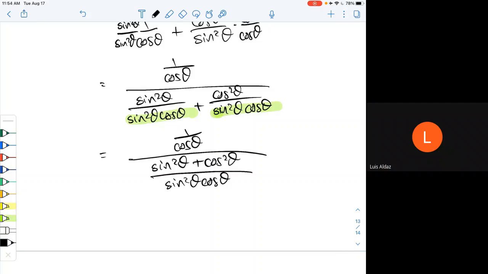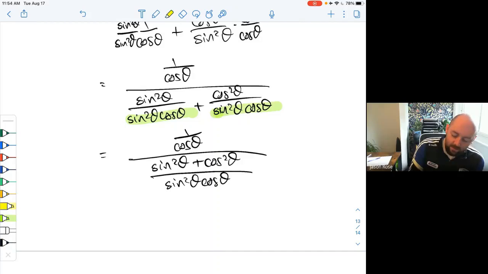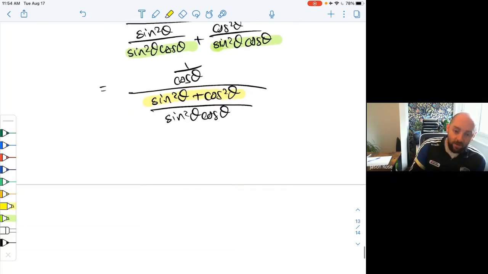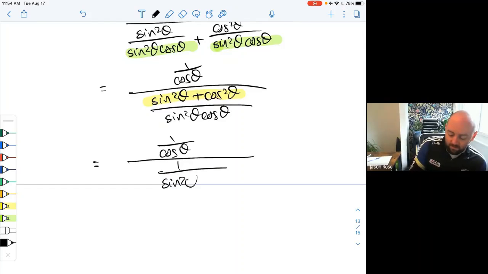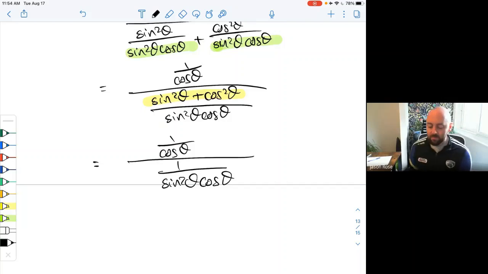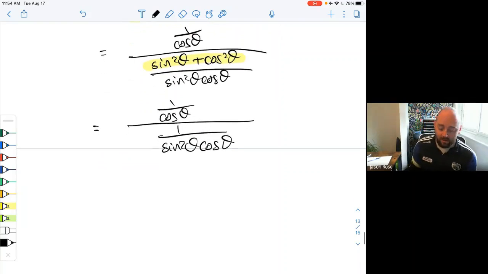Sine squared theta plus cos squared theta is 1. Exactly. This here is a trig identity. That is just equal to 1. That's one of the first trig identities we saw, so we can replace that with a 1. And immediately after that, then I'm going to do what Evan says. We can have them multiply instead of divide. We have a fraction divided by a fraction, so we're going to flip the bottom fraction and multiply instead. Before I do that, I do just want to simplify that because it will involve less writing for me. So 1 over sine squared theta cosine theta. So that's a nice one that we can do that simplified. And now on to Evan's